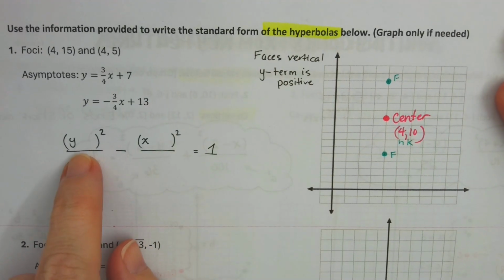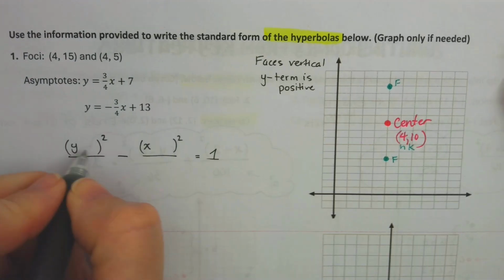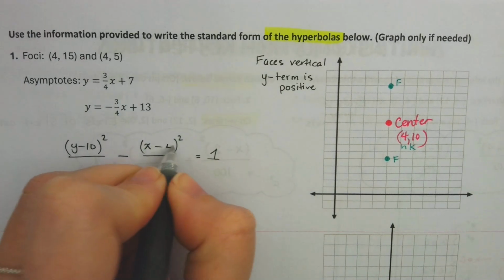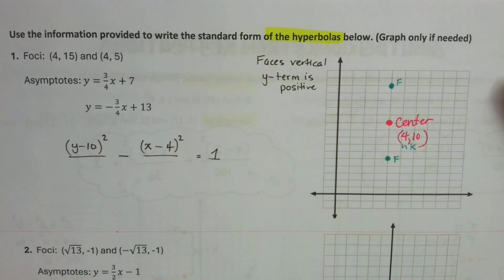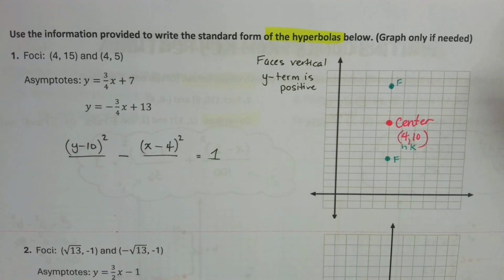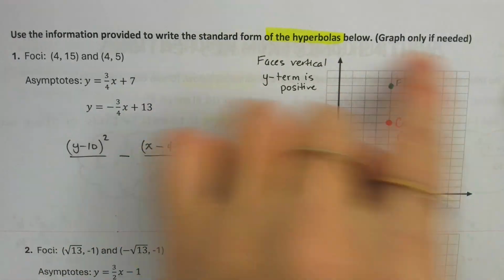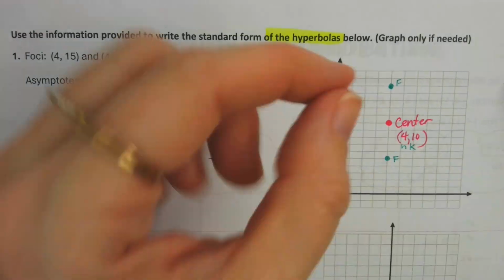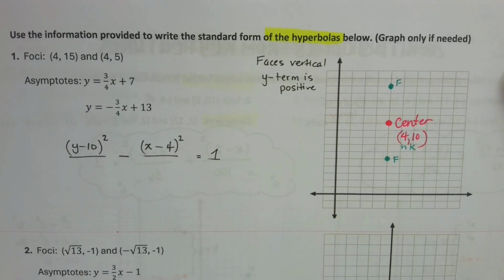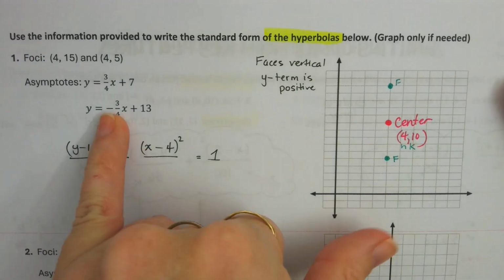Which one do we write with the y? K, right. So we would write y minus 10, and we would put x minus 4. Now to figure out our two denominators, we don't have enough information based on this graph right here, because all this would tell us was c. We don't have a way to find a or b based on this graph, but we do have our two